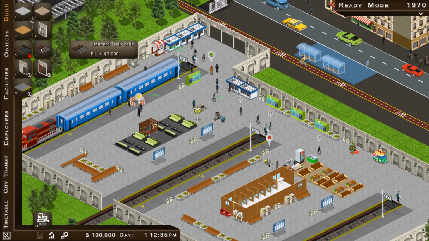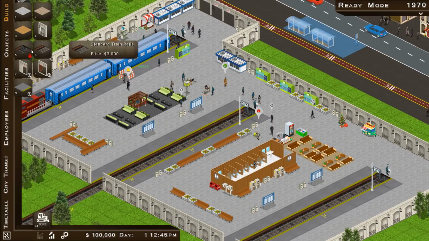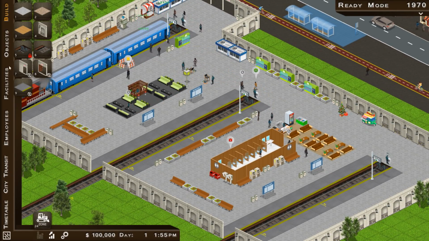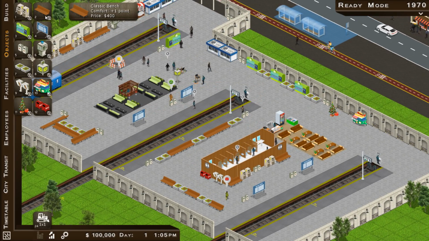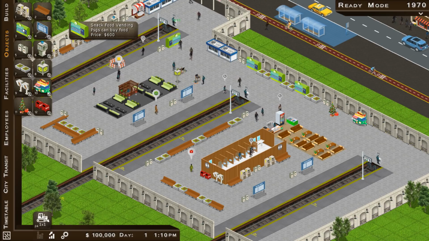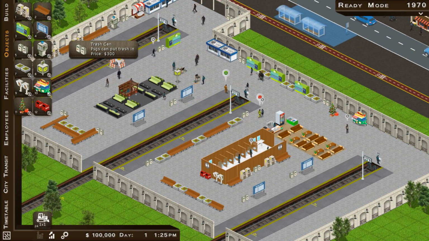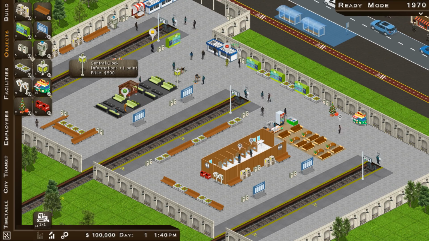And then obviously you have your tracks, you have your buffer stop, which is cool. Maybe we'll see some other types of buffer stops with modding and stuff available in the game. That would be cool. Then you have your different objects. Currently in the game you have a normal bench, ticket machines, snack food vending, timetable boards, information points, trash cans or garbage cans, or bins in the UK as we say, plant decorations,